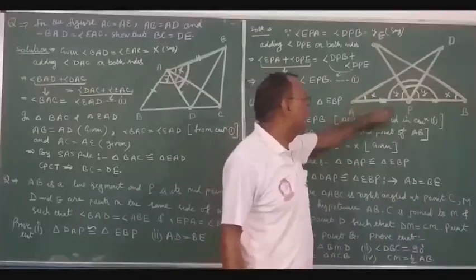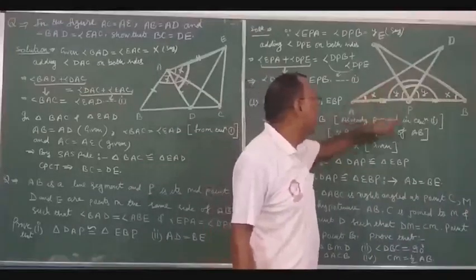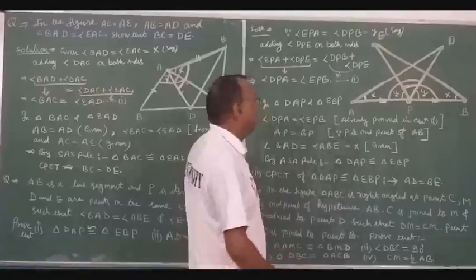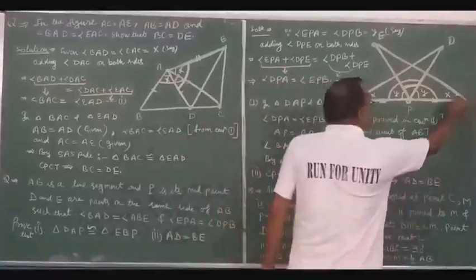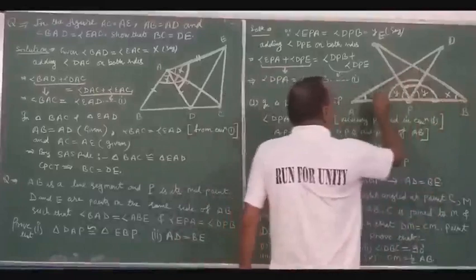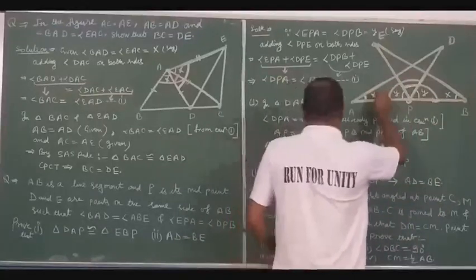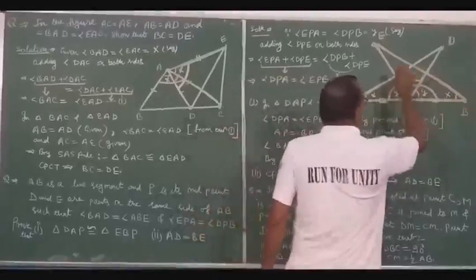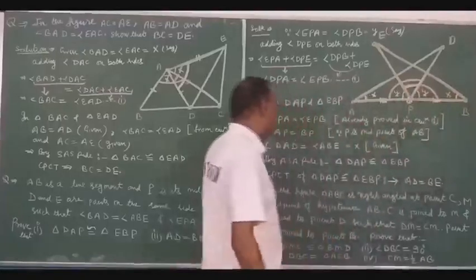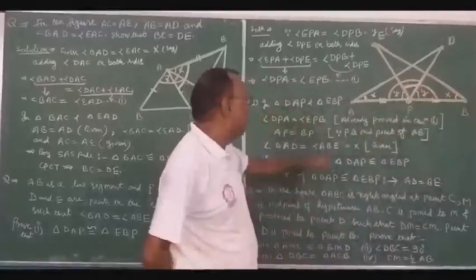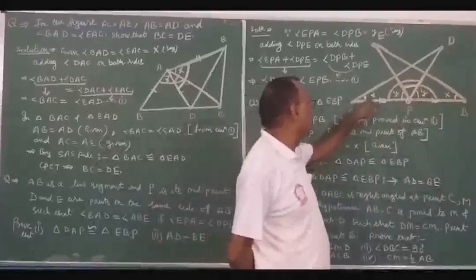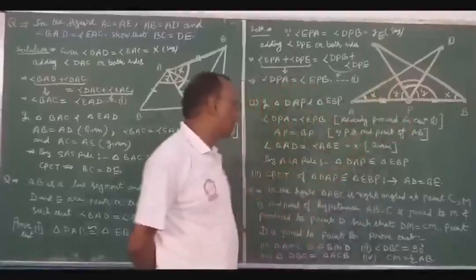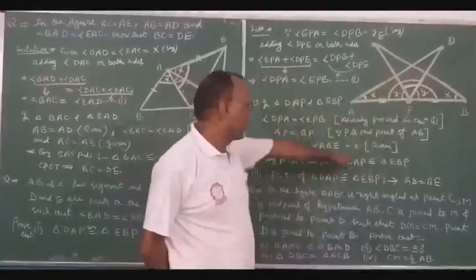Let this be equal to X. These two angles were given, this and this, X. Which one? BAD. Just look. BAD was given. Is equal to what? ABE. And these two angles were given equal. So now which rule? ASA rule. Just look. This was the angle here, side here, and angle here. These two triangles are congruent.